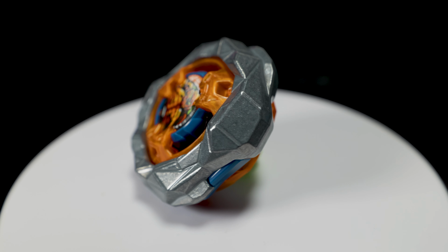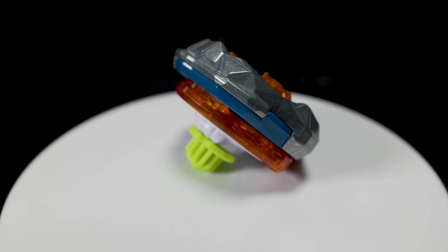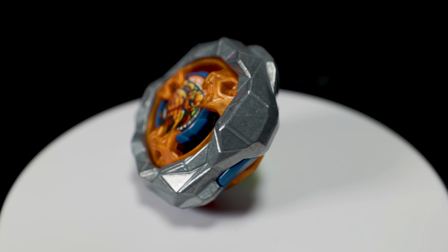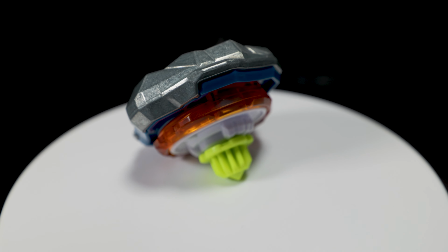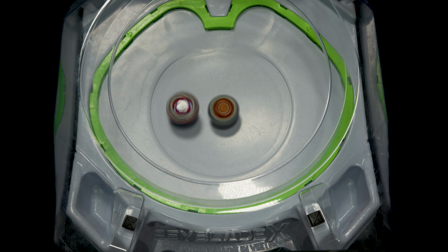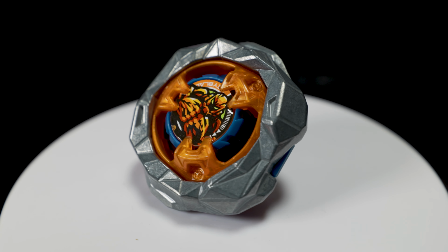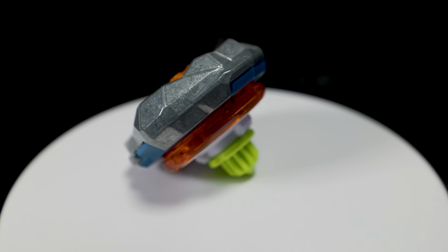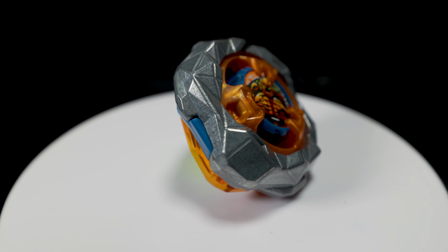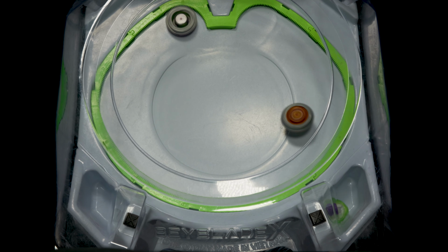Now for final thoughts. Golem Rock 160 Under Needle is a good build right out of the box, at least in my opinion. The blade and the bit worked so well together that I couldn't tell which one was good or if they were both that good together. The bit being so short allowed the blade to utilize its upper attacks and knock out Beys along with absorbing heavy hits. The shape of the blade is really good as the high points also slope down to lows, and the bigger part of the blade is the really big one-hit KO part, which I really did notice